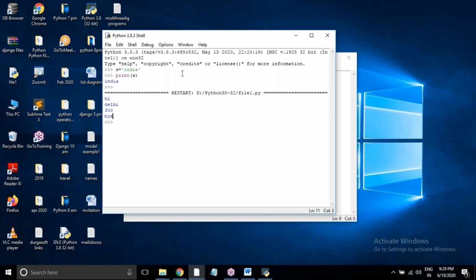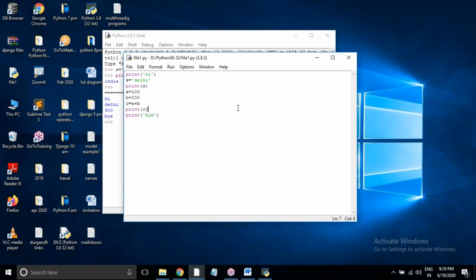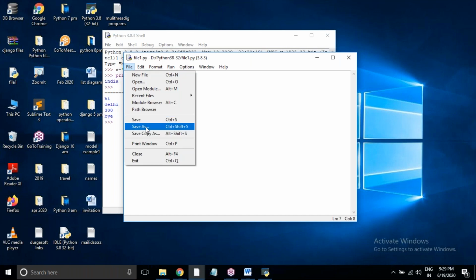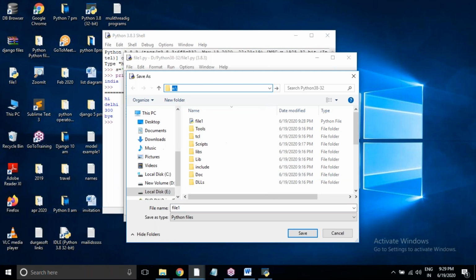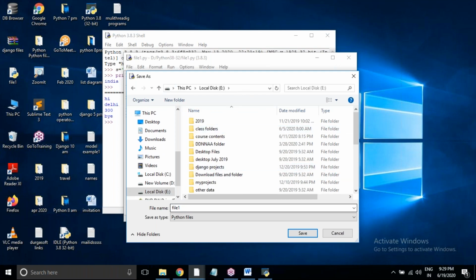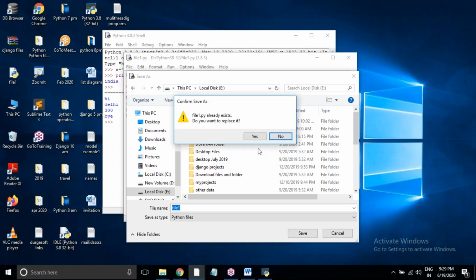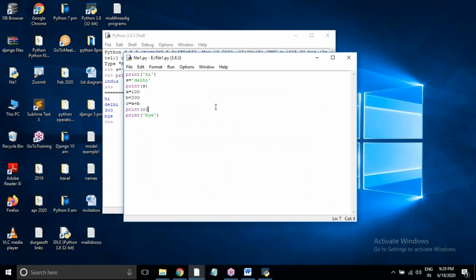When we are writing Python programs, there is no rule that we should save only in this location. So here File, Save As. I want to save in some other location, in the E drive, this file1. The file is already there, so we are replacing it.